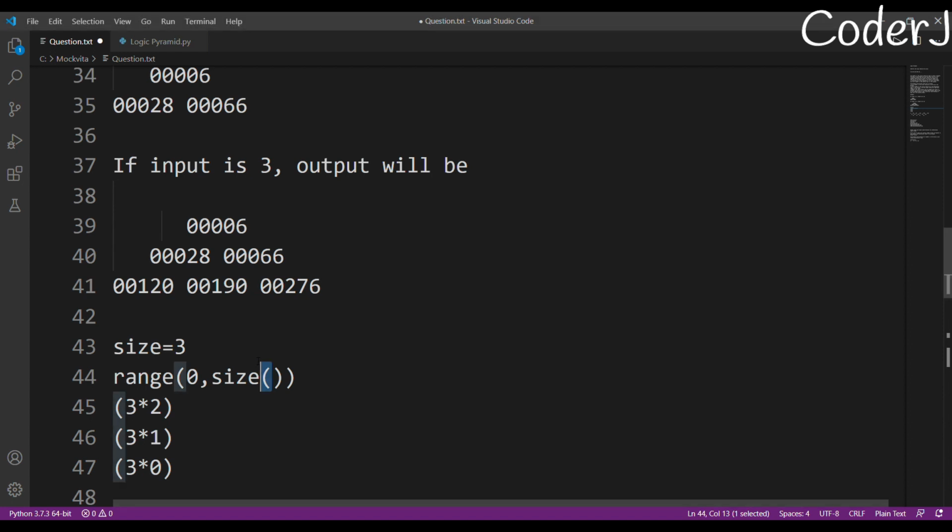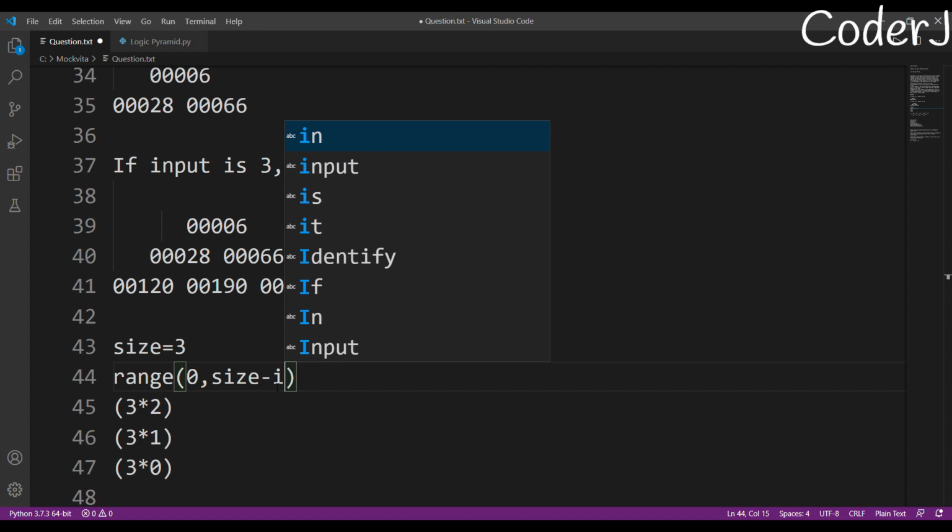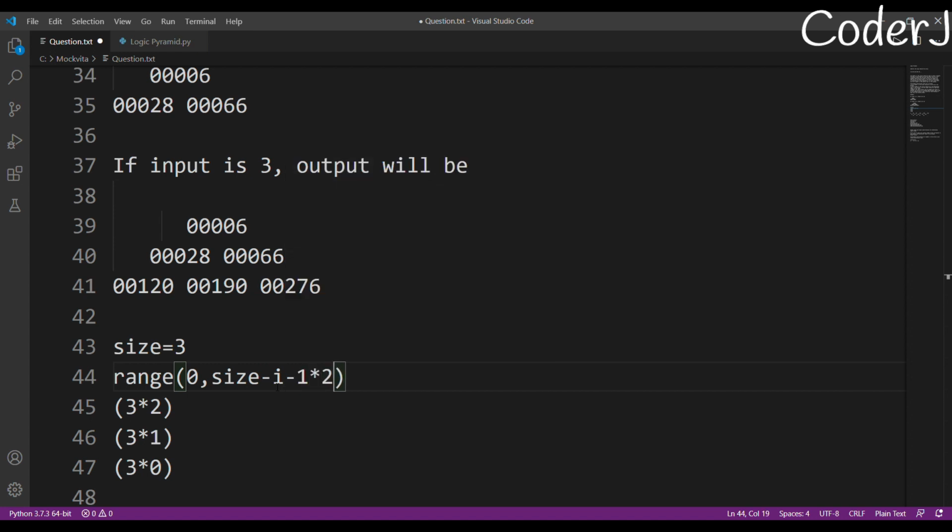Okay, so let's say that when we are at the first row, my value is i. Okay, so I'll just say size minus i minus 1, and I'll multiply it by 3. Okay, all right, I think this will work. Suppose I am at my first index.